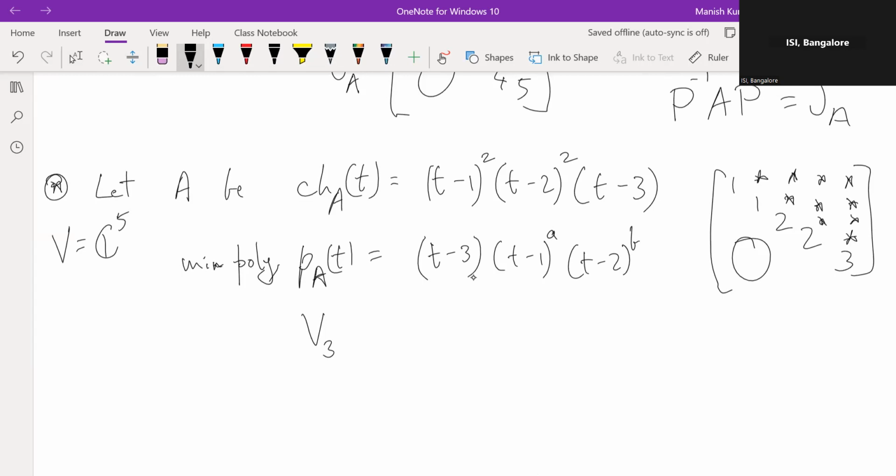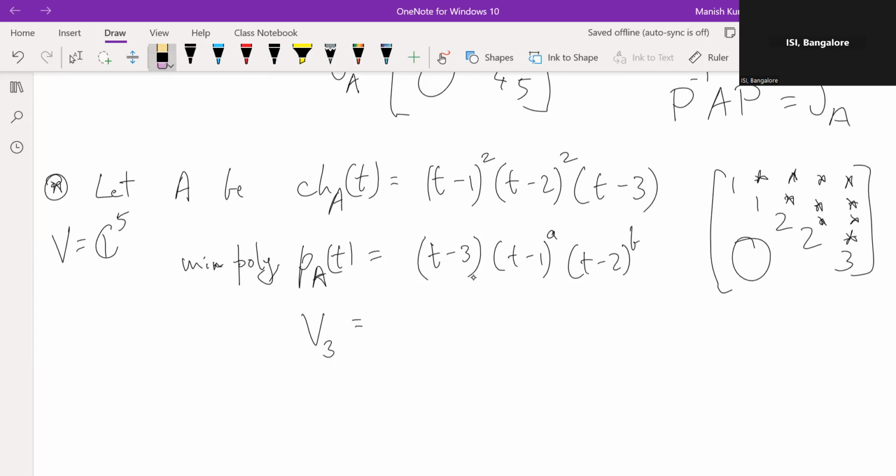If we try to figure out the generalized eigenspace for 3, we know that it is going to be one-dimensional. In fact, one of the homework problems tells you the characteristic polynomial of